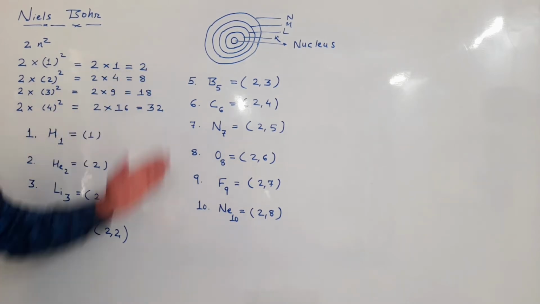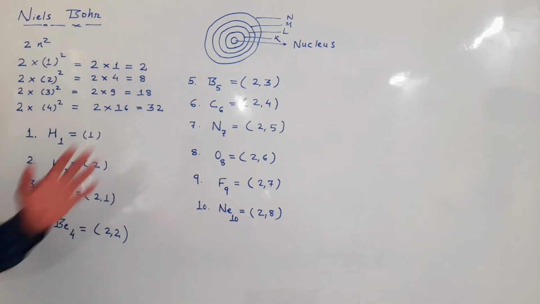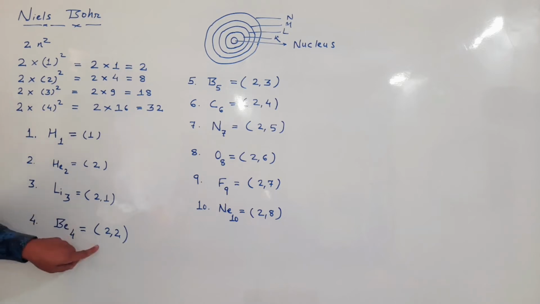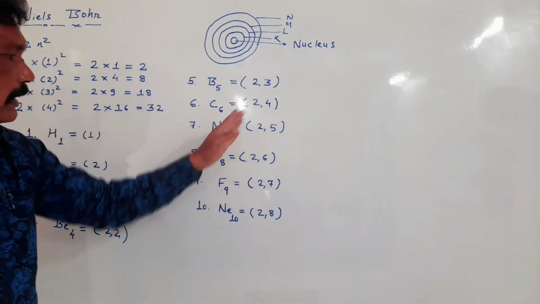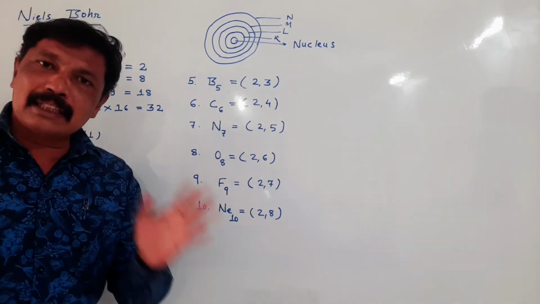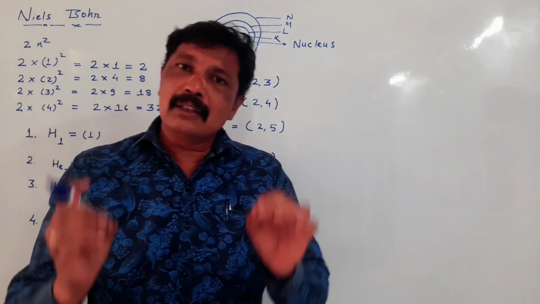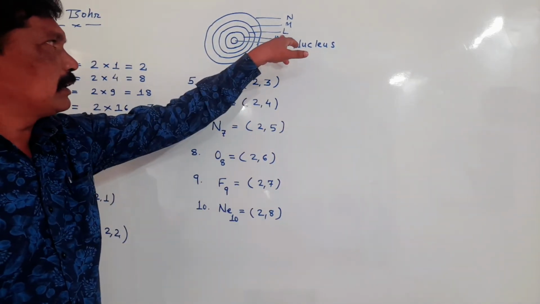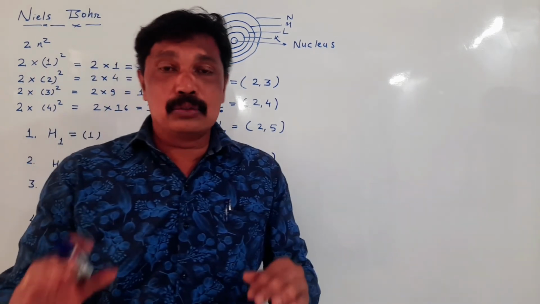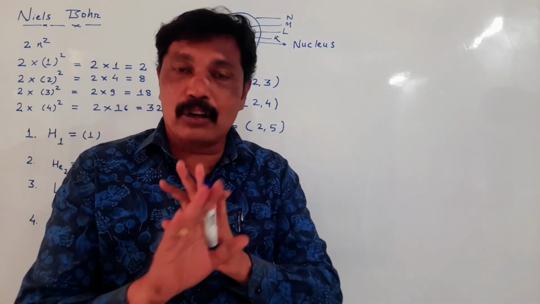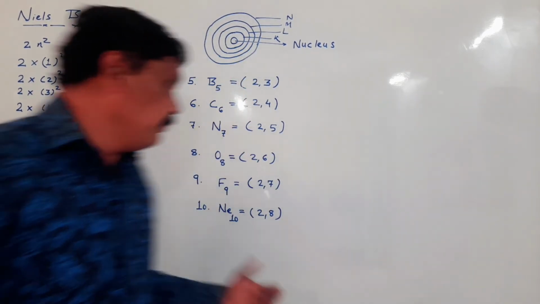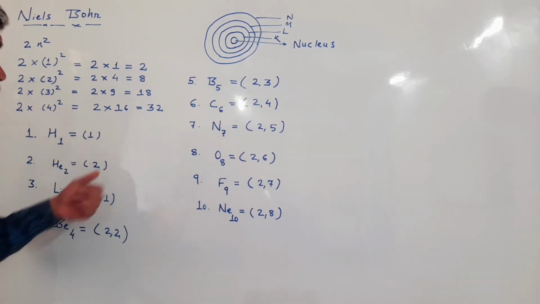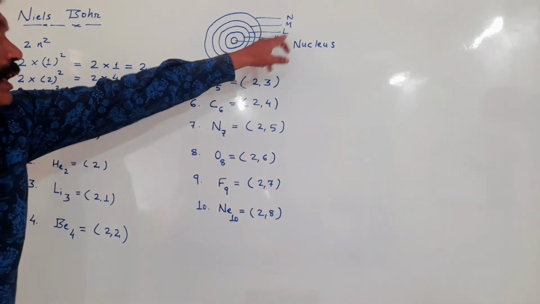So if you observe all the elements and the electronic configuration, you will see that in the first orbit I have written only 2 electrons, because the capacity of first shell, that is shell K, is 2, and so more number of electrons cannot be written. So if you consider the electronic configuration of all the elements in the first K shell, you will see